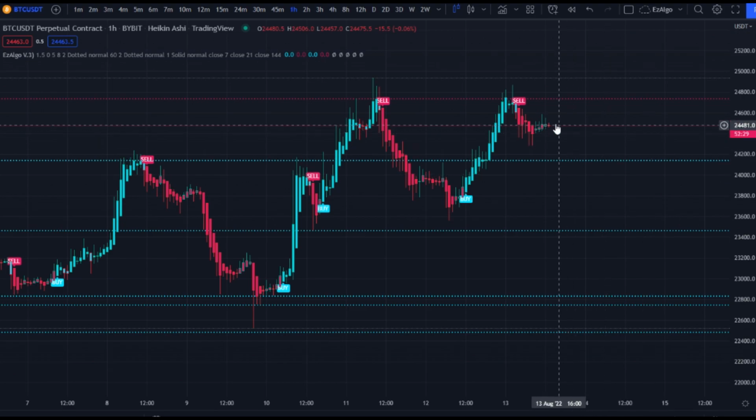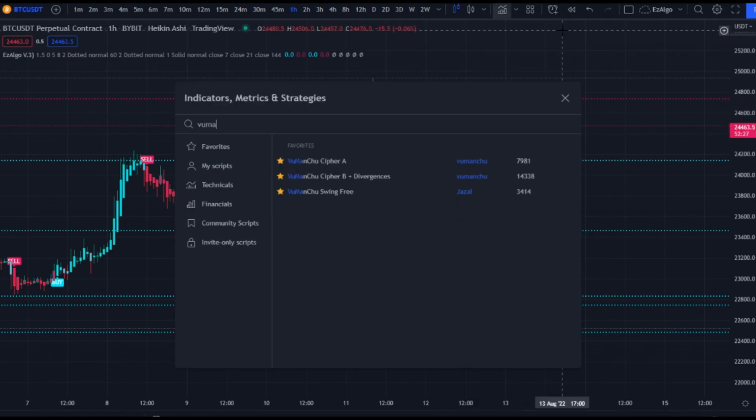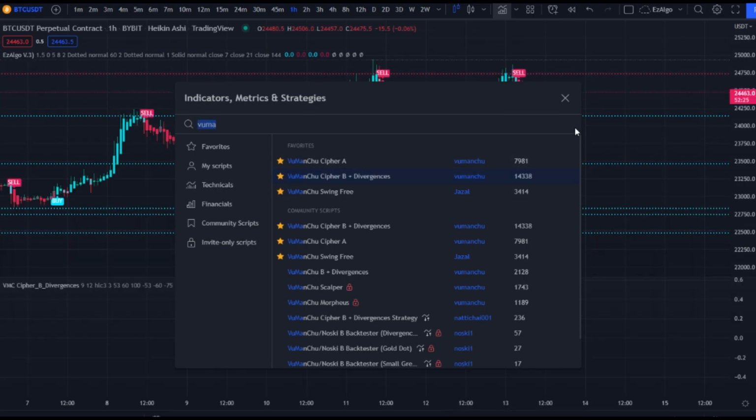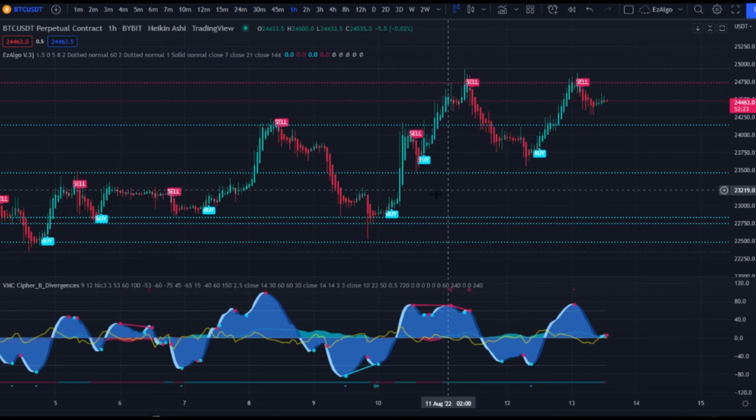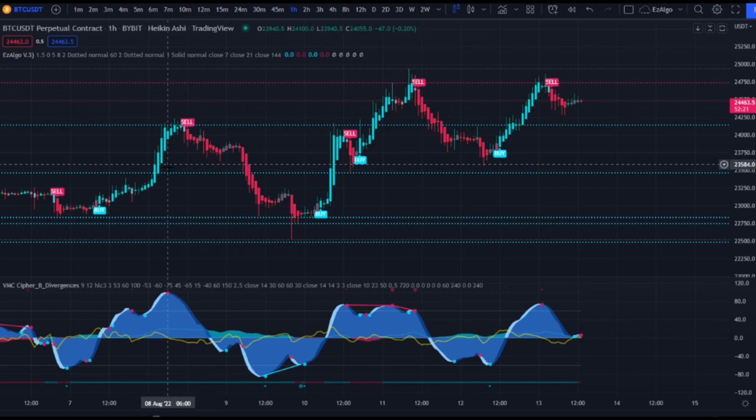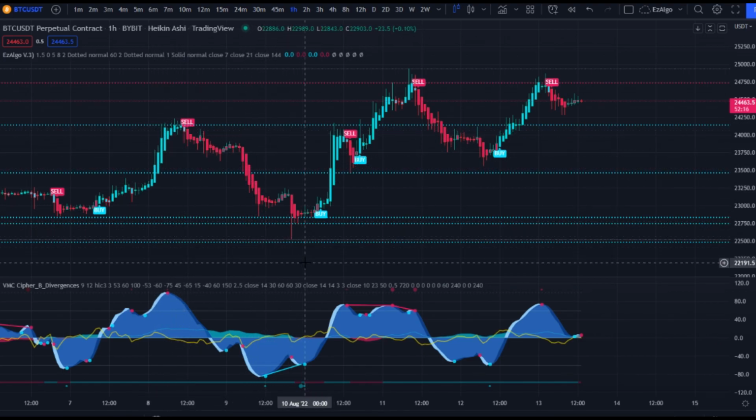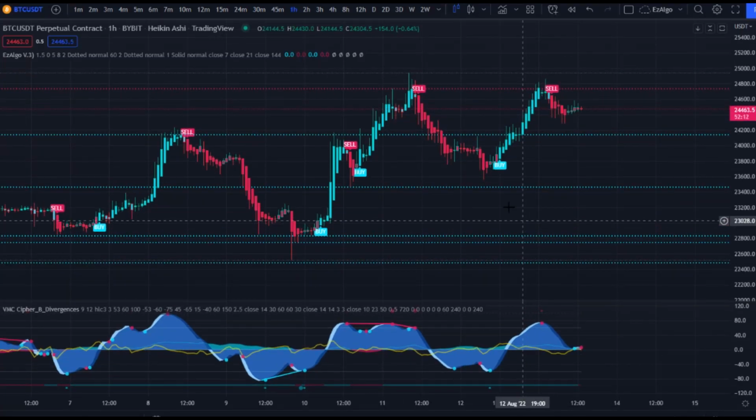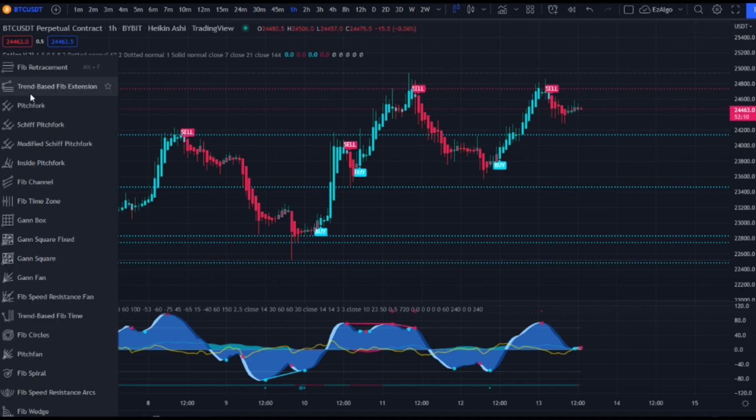And people in the Discord will tell you, if you throw on Vumanchu Cipher B, which I do for confirmation, and you use the strategies that we teach, looking for red dots at these resistance levels and blue buy dots and divergences at these support levels. I mean, if I go back and do some simple backtesting, you'll see that